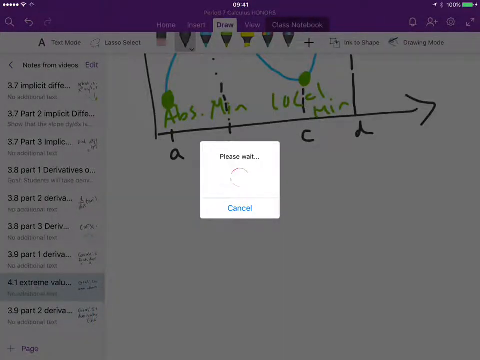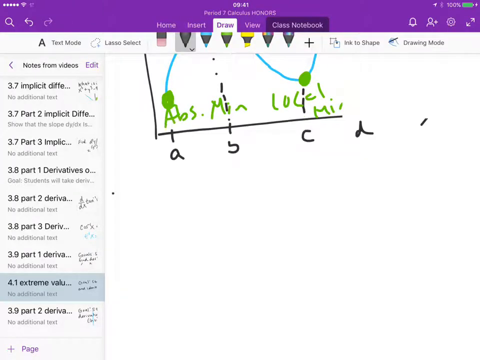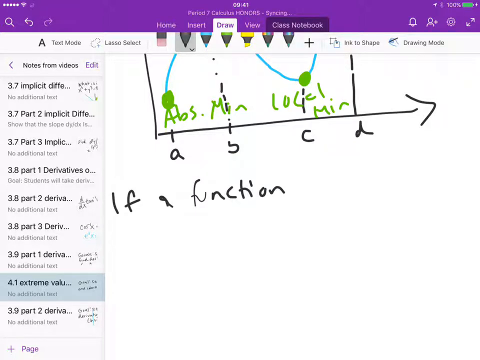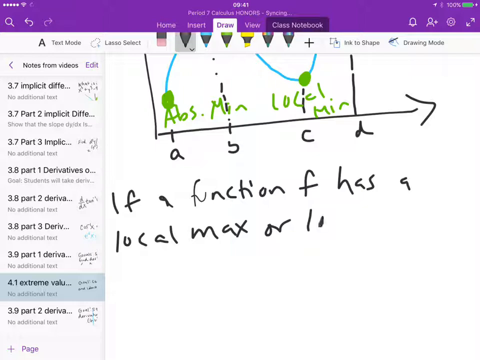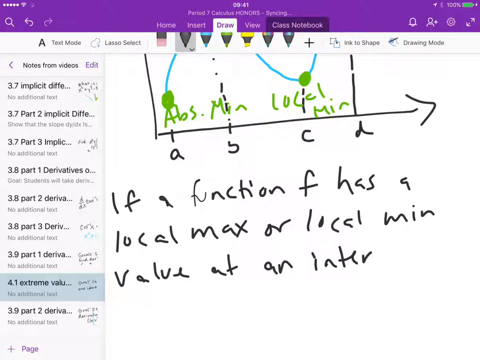So the first thing that we're looking into, if we have a function f, so if a function f has a local max or local min value at some interior point of the domain